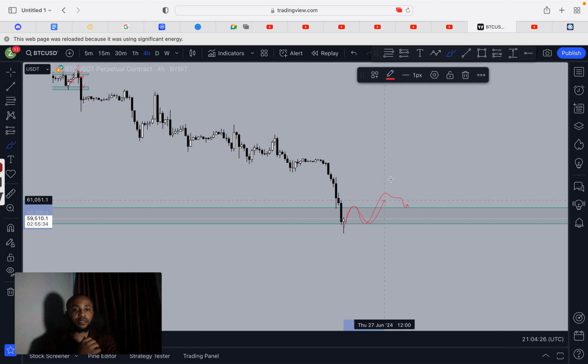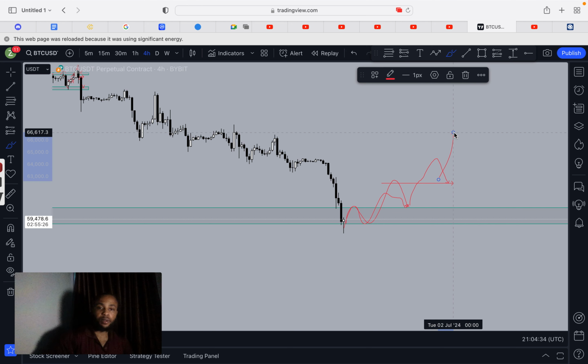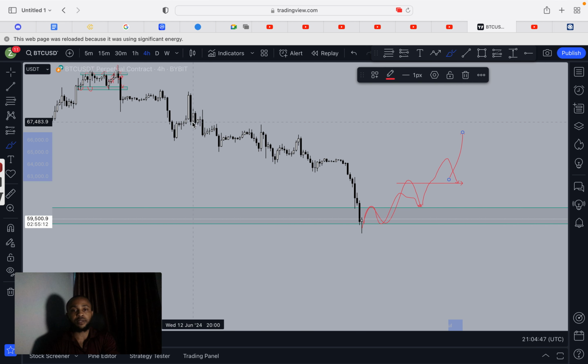If we start reversing to the upside, break and retest, take your buy. Okay, so I'll just let you guys know if there's any opportunity developing. I'm going to screenshot it and send it to each and every one of you so you see what is actually happening. And if you funded your account, you can decide to take the buy. Okay, so that's all for today.